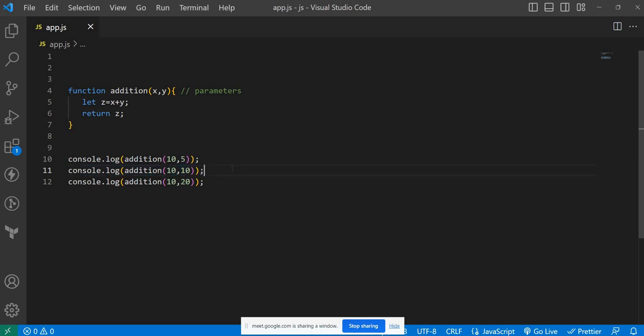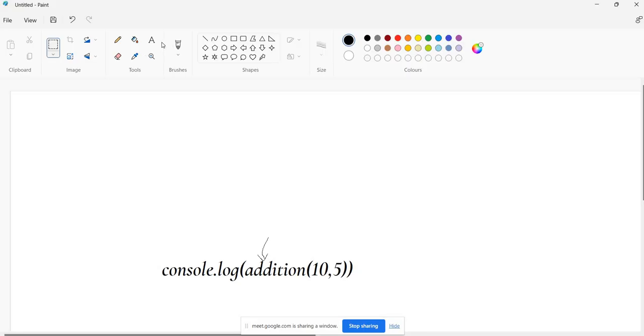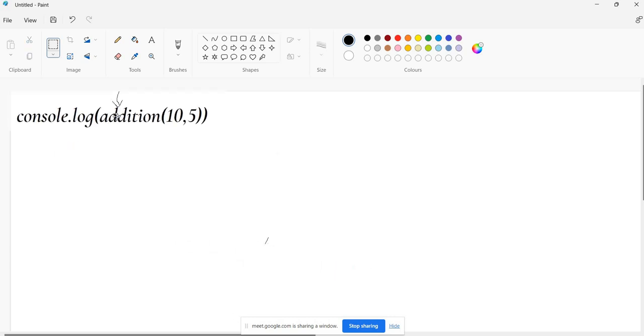And now again you are invoking line number 11. So at the time what you are doing, again you are invoking addition only. So at the time it will allocate memory again. So if you see, this is line number 11, and in the next line,